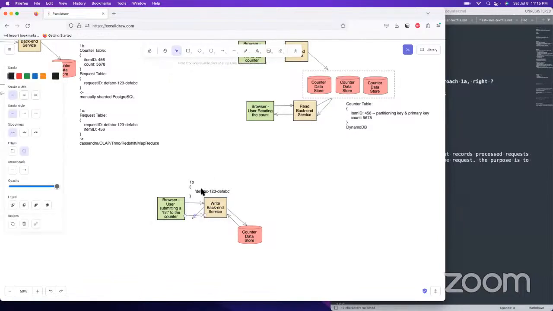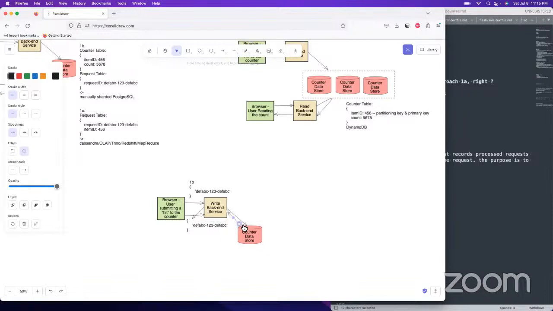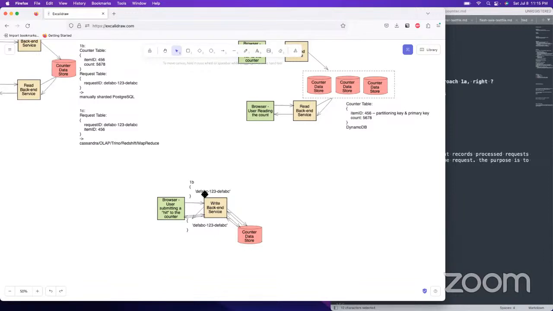And then you're sending that same exact request ID again over there. It should be the same request ID, and you're trying it again against the database. And this time when it returns, it does the processing, and now you get a successful response back. So without the request ID, it would not be able to deduplicate that second one. You could get a double count off of it, which is an issue. So the request ID is just some kind of idempotency key that you use for deduplicating the counter.